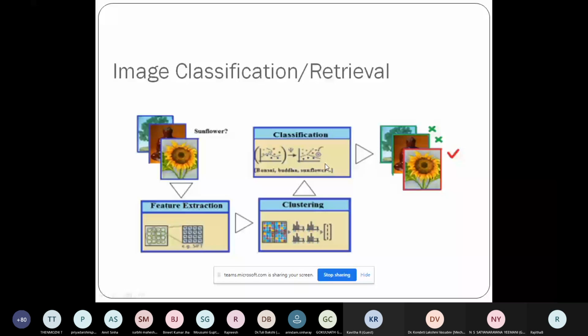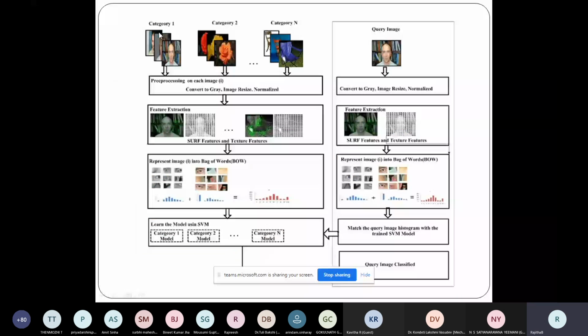Okay. Now, this is what the general process is. If I am talking about image classification, then I have multiple categories of images: category 1, category 2, category 3. So faces, flowers, chairs, and many more. Now in the query, I have given a face.